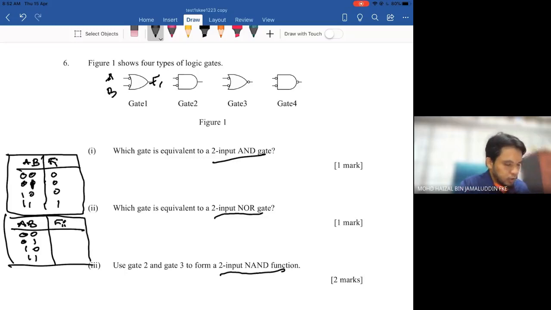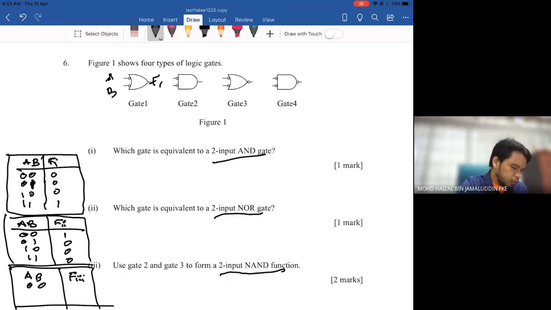What is NOR? NOR is NOT and OR. So 0, 0 is 0 for OR, but for NOR it is 1. 0, 1 is 1, then 0. So this 0, 0, I just put and solve for all. So F3,